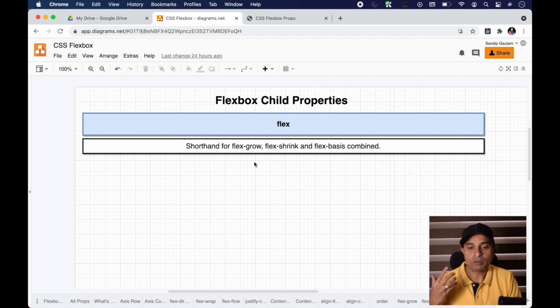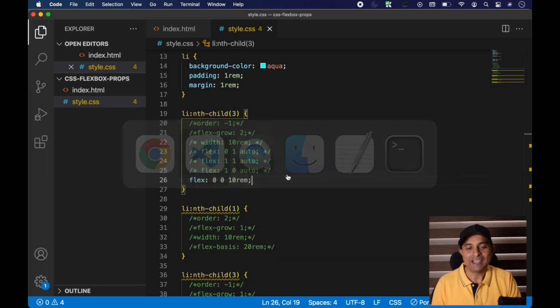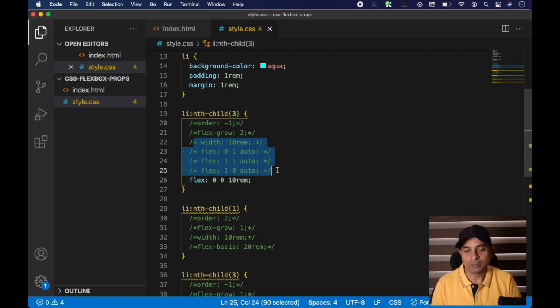It's a shorthand for flex grow, flex shrink, and flex basis combined. And I have given you some of the examples also, which you can experiment by yourself. So practice, and practice is going to make you perfect. So I think I'm going to stop here because we are done with all the CSS Flexbox container properties and